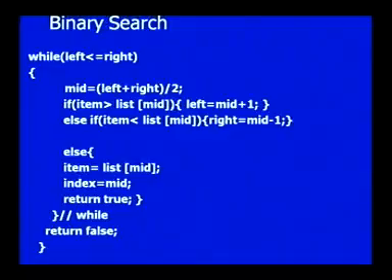So, you can see how the algorithm is going to look. You are calculating the middle, then the item is what you are searching for, and you are checking whether your item is greater than the middle element. If it is, that means the item you are searching for is in the second half of the array. So, now your left should be reassigned as middle plus 1, which means you will go to the second part of your array. Suppose your item is less than the list of mid, that means your item is present in the first half. So, you will reassign your right as middle minus 1.